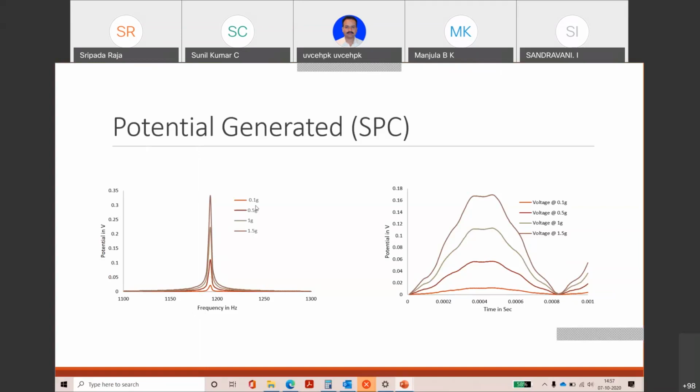So whenever there is a change in acceleration, there is a change in potential generated. Okay, so here in this case, whenever there is maximum acceleration of 1.5 g, close to 0.35 volts, that is 350 millivolts of potential is generated. Okay, so same thing with respect to time. How long does it take to generate that potential? So we can see that here with respect to the